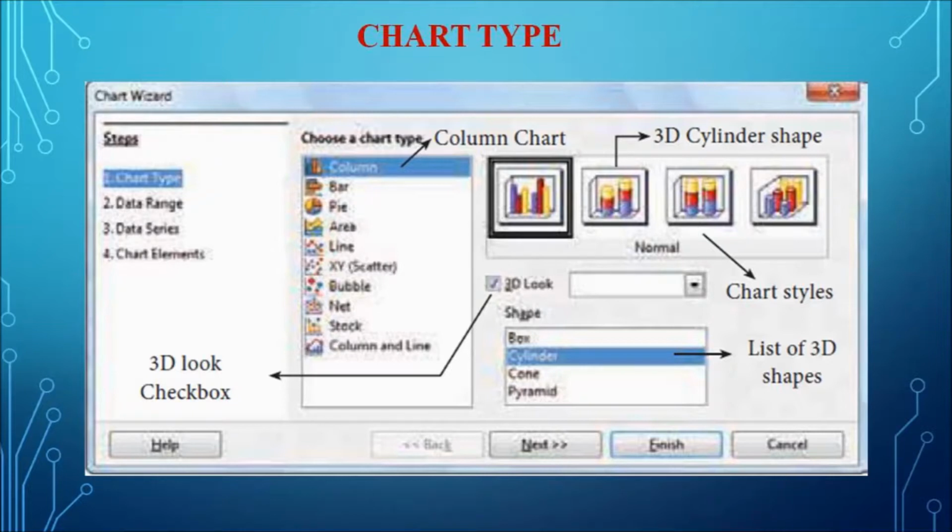This 3D look is only applied for the column chart, bar chart, pie chart, and the area chart. For these four chart types only, the 3D look is applicable. After selecting the chart type and the 3D look, the user must select the next button, so it moves on to the next step.